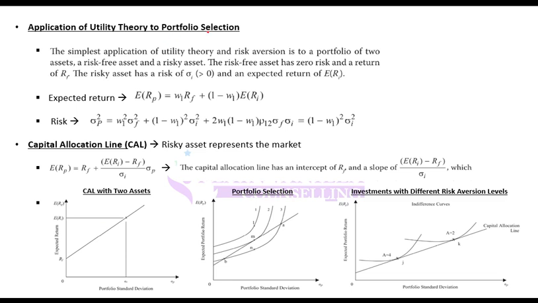Application of utility theory to portfolio selection. So you know what expected return is already. You know how to calculate risk. Moving on to CAL. What is CAL? There is a general finance theory, investment theory, that any investor would hold one risky asset and one risk-free asset. So that means you will make a portfolio where one component is a risk-free investment and another is a risky investment. This risky can be the market portfolio or any risky asset. So it will be a proportion of these two.